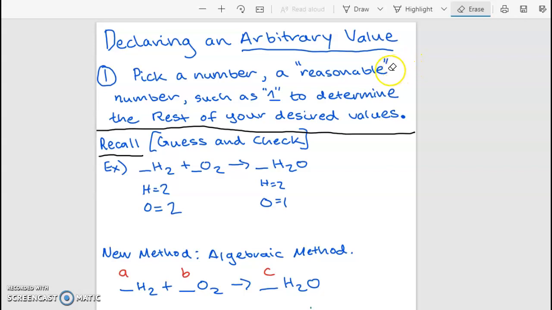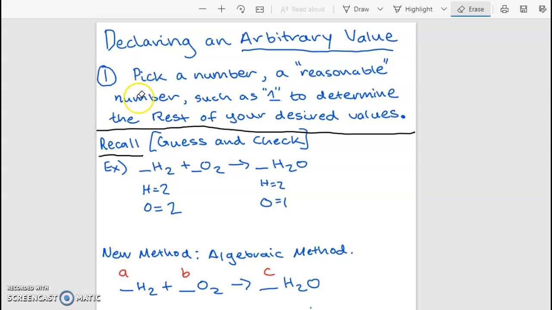Hello everyone, in this video I'm going to discuss how to declare an arbitrary value, what it means to be a value, and what number is an appropriate number for a value. That will make more sense as I approach the end of this video. But first I want to point our attention towards a different method that you probably used in high school or